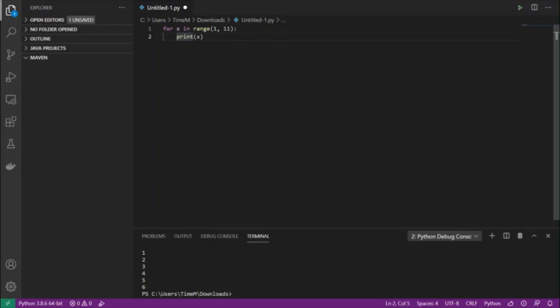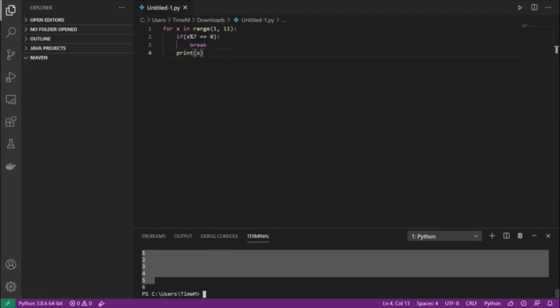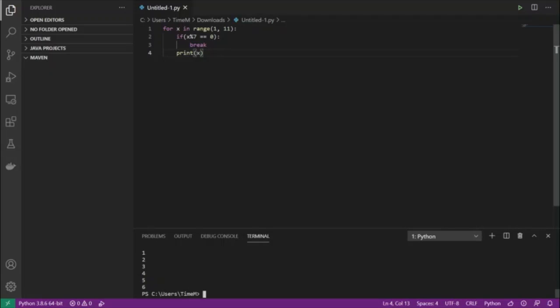But if we want to prevent it from counting any factor of, let's say, 7, and stop there, we can say if x modulus 7, meaning this is calculating the remainder when x is divided by 7, is equal to 0, in which case it means when x is divisible by 7 and has no remainders, then the code should break, which stops the code. And it counts from 1, 2, 3, 4, 5, 6, but it does not count 7